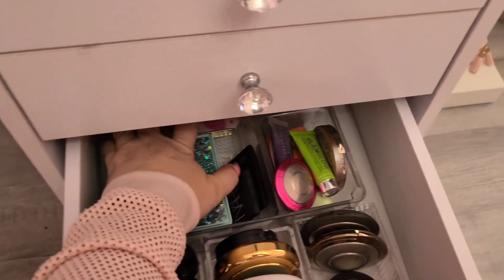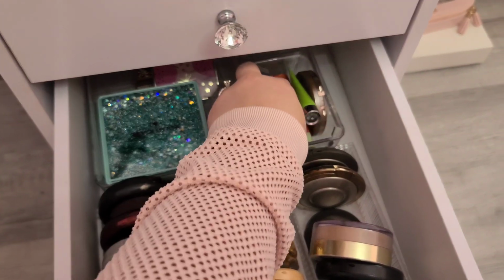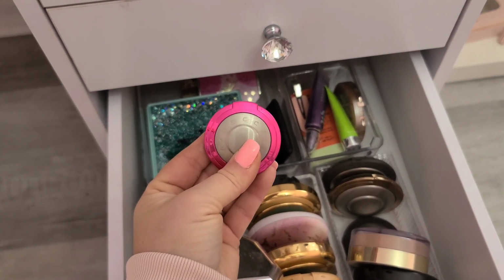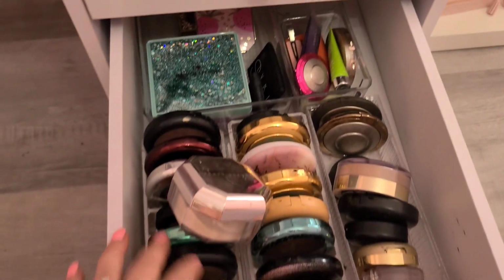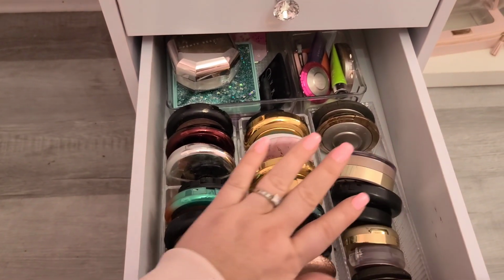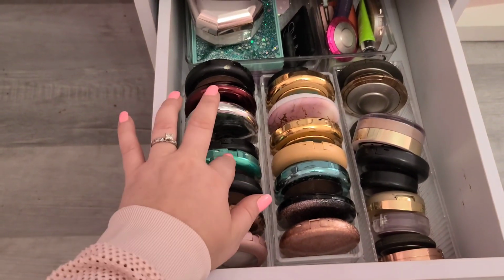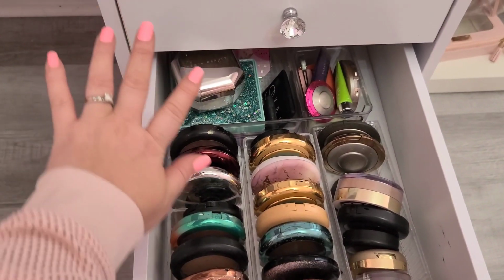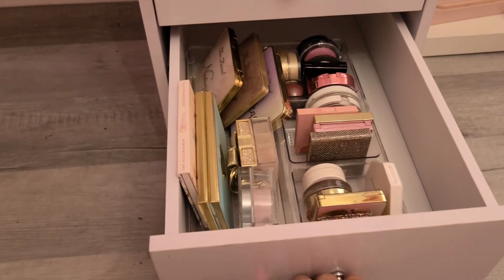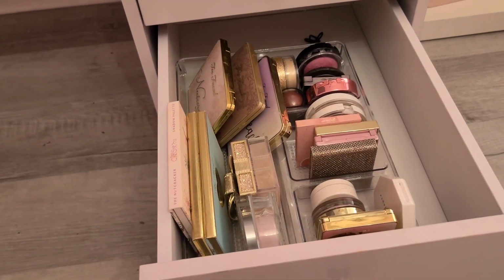And then some more Too Faced back here. We got some NARS blushes. This little Becca highlighter right here. I need to use this more. This one is really pretty. That's Rose Glow. One day, I really wish I just had this drawer. I wish I had like one really big bronzer, one big organizer where I could just do all of my bronzers in one drawer. So down in this next drawer is palettes and I want to say mainly like highlighters